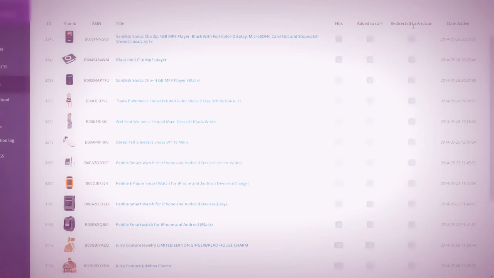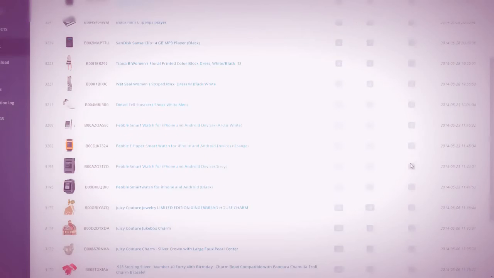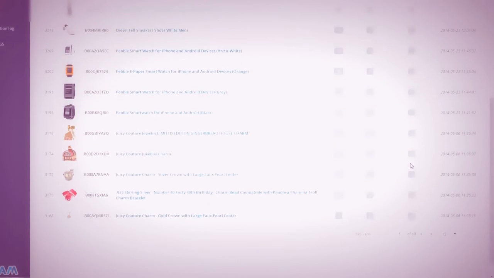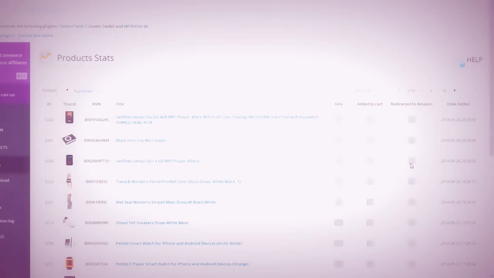How many were then gone on and redirected to Amazon? So again, all of these have been redirected. You should then start to see the affiliate earnings coming off the back of that. So a great visual interface that you can quickly have a look at to go through and see exactly how each of your products are performing. And the